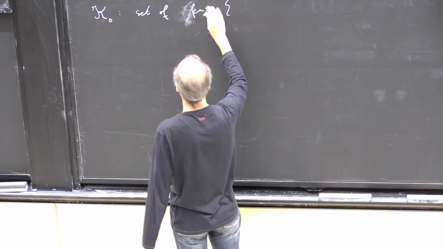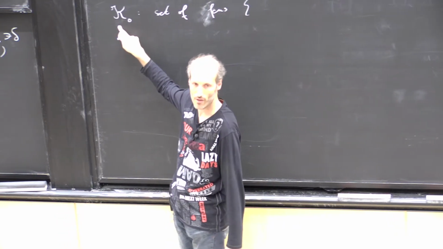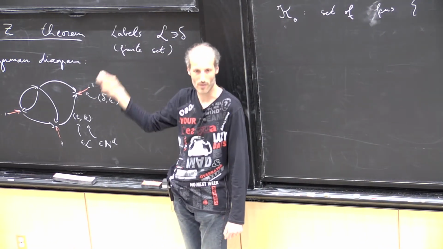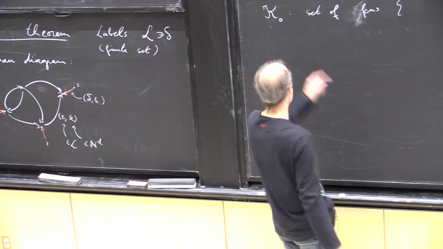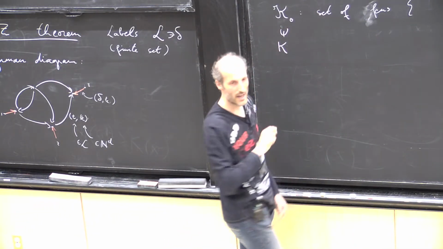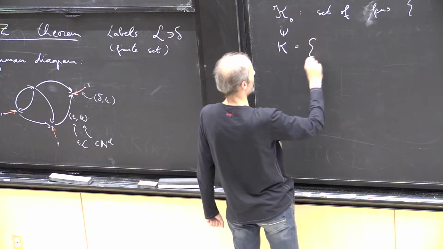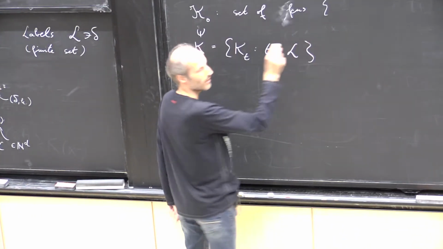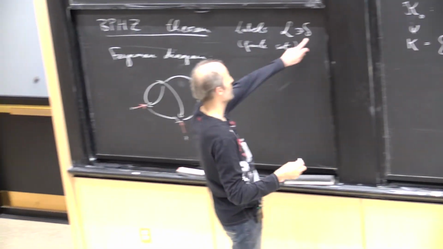An element of K_0 is a way of assigning to each label a function from R^d to R. So an element of K_0, which I'm just going to call K, is really a collection of K_t's, one for each label,